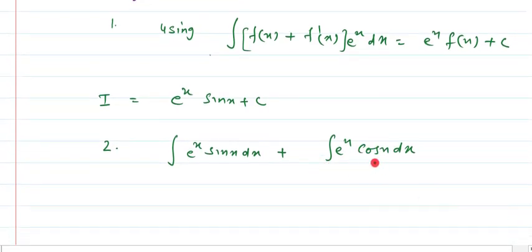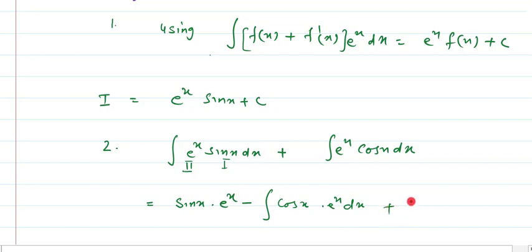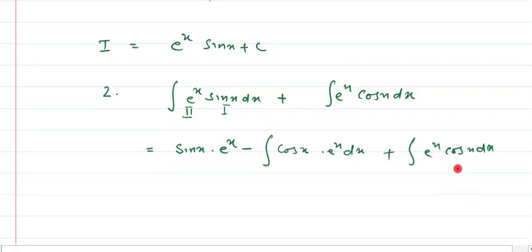Now as we know that cos x is the differentiation of sin x, so this part will remain as it is, and let us use by parts in this part as we have done just now. So here this is the first function and here it is the second function. So it is equal to first function into integration of second minus integration of differentiation of first into integration of second dx, and there is no change in this part, it remains as it is, that is e power x cos x dx. Now clearly these two parts get cancelled and we are left with e power x sin x plus c.